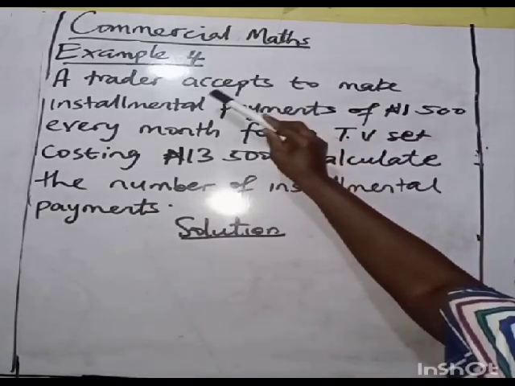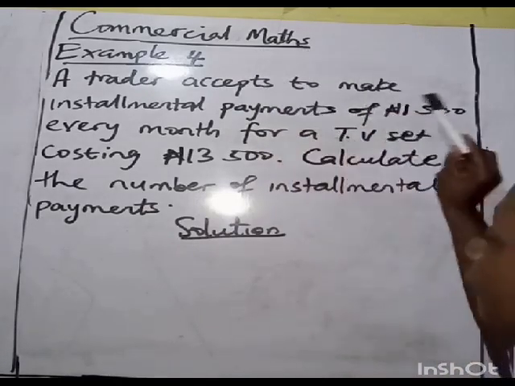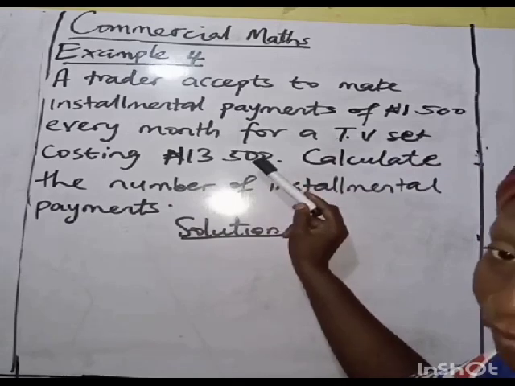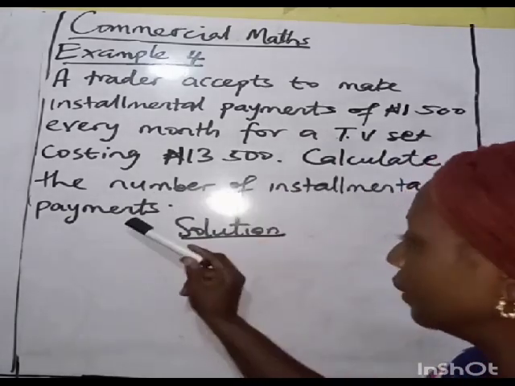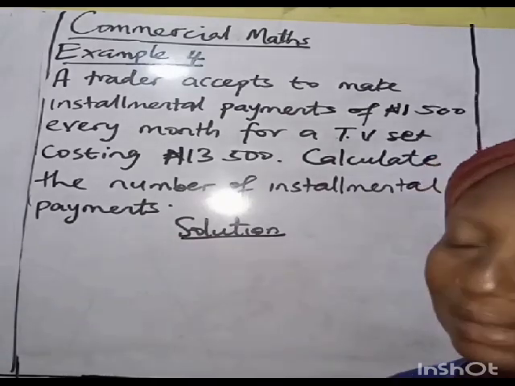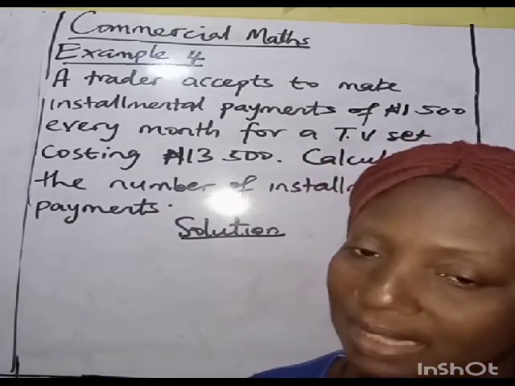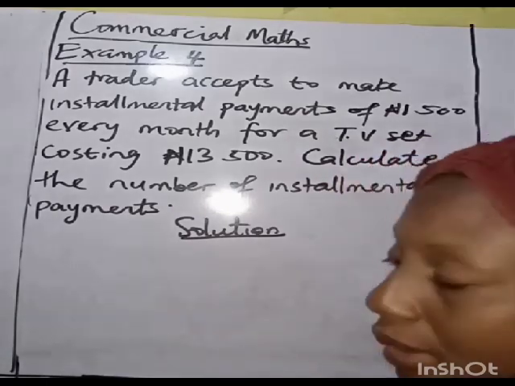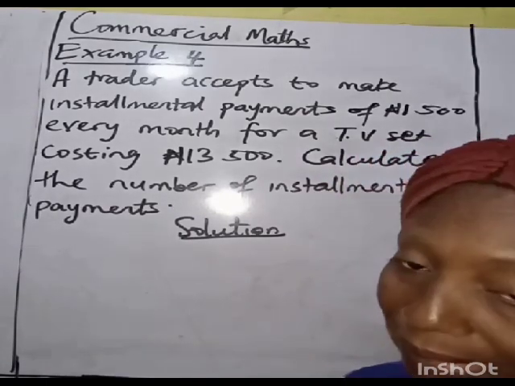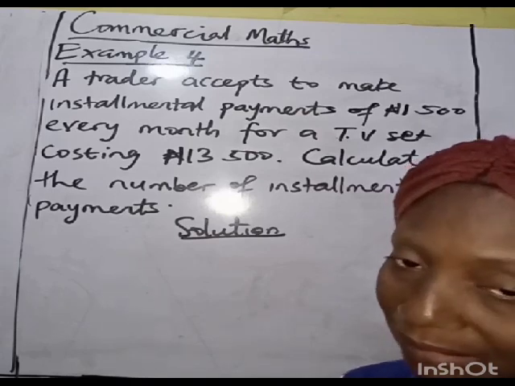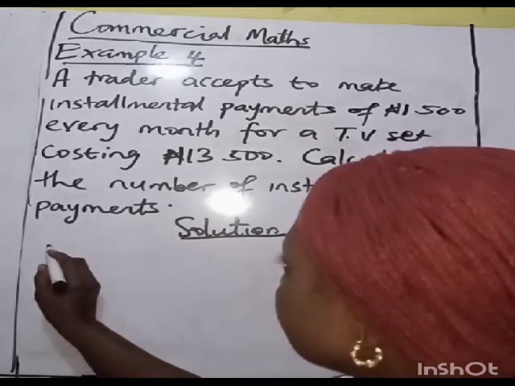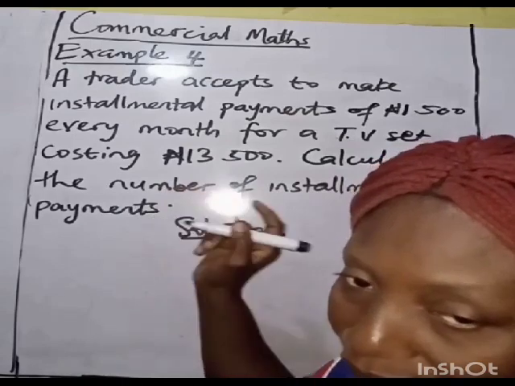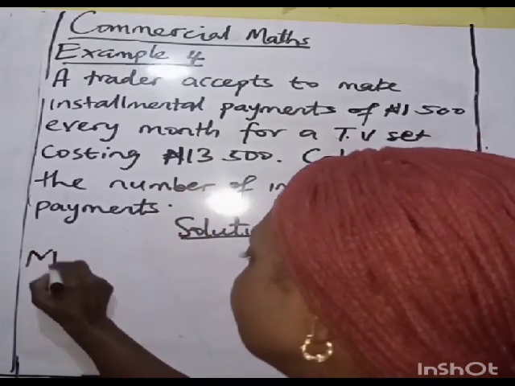Example 4. A trader accepts to make installmental payments of 1,500 naira every month for a TV set costing 13,500. Calculate the number of installmental payments. So if he pays 1,500 naira every month, after how many months will he be able to pay 13,500 naira? And to get the number of months that it will take him to finish the payment of 13,500 naira, we now divide 13,500 naira by 1,500. So monthly payment